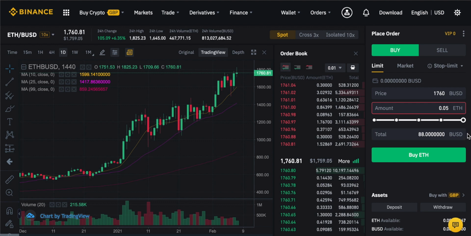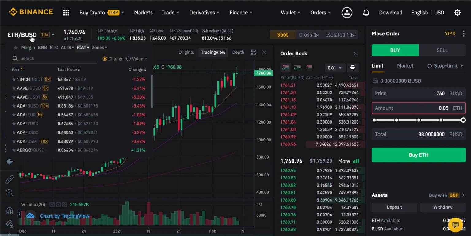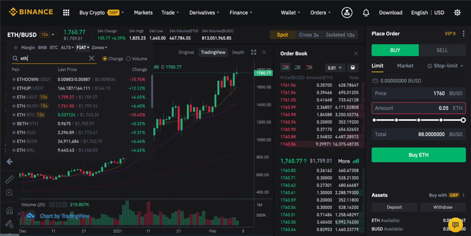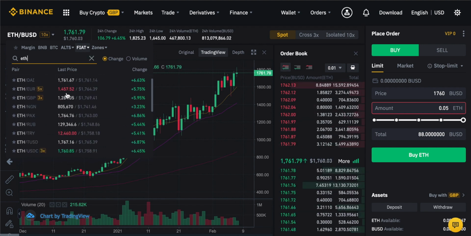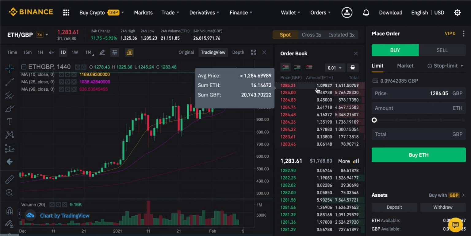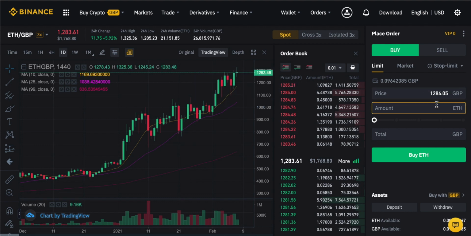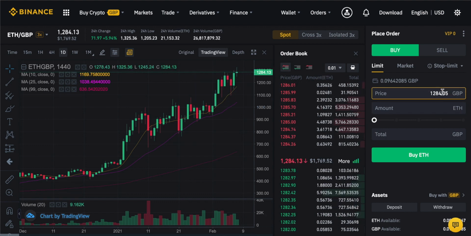This is valued in BUSD because BUSD, or Binance USD, the stablecoin, is the cryptocurrency that we're selling to buy Ethereum. And I'm just going to change this right here to show you. I'm going to put Ethereum once more, and then I'm just going to come down to GBP, click on this market, and then it will all change for us. You can see the price changes because we now have a different selling currency. It takes fewer pound sterling to buy one Ethereum.